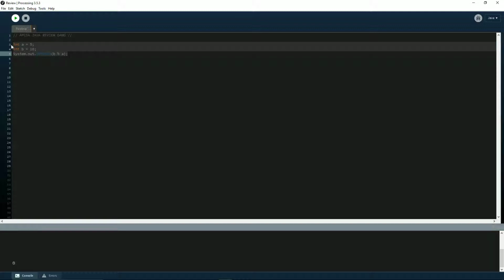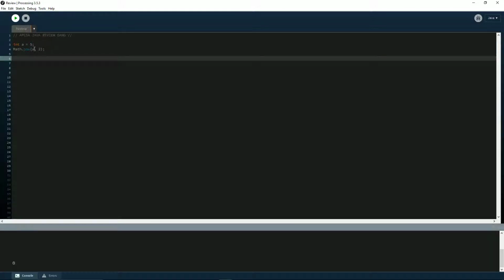And outside of operators, we also have the Math class, and I'll get into classes in probably a future video, a future section. But the Math class helps us do a wide variety of things, and more often than not, we'll probably be using .pow. So if I had int a equals 5, if I wanted to square a, or 5 in this case, I would do Math.pow(a, 2). And so the parameters here, aka what you're inputting, is 5 and 2. And what it does is it takes 5 to the second power, which is 25. So if I printed that out,